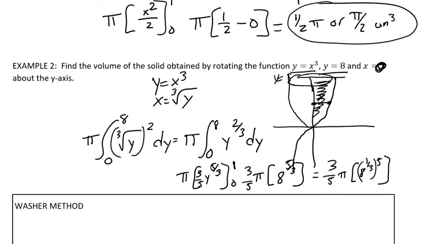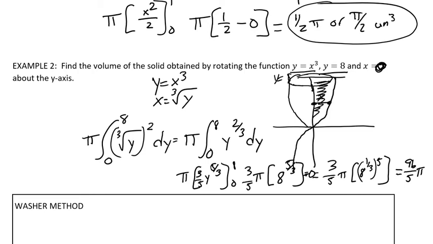The cube root of 8 is 2, and 2 to the 5th power is 32. So this turns out to be 32 times 3 is 96 over 5 pi, and then this is all minus 0, because when you plug in 0 you're going to get 0. That is the